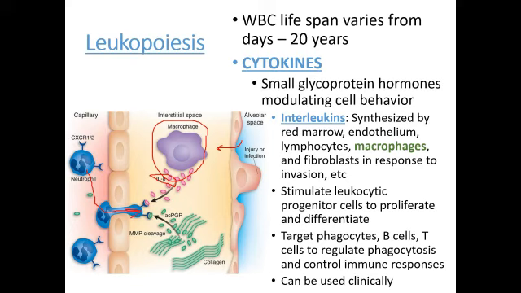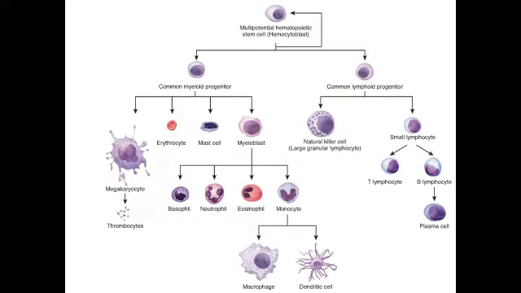They can actually wiggle out of your blood vessels and actually attack invading pathogens. And secondly, these interleukins can actually stimulate the production of very particular white blood cells. So here we can see they stimulate leukocytic progenitor cells to actually proliferate, so undergo mitosis, and differentiate into exactly what we need for this specific type of pathogen. What we can see here again is